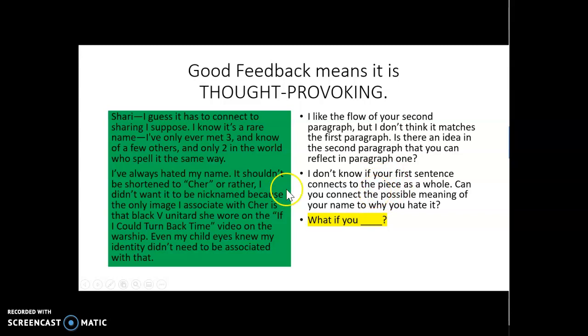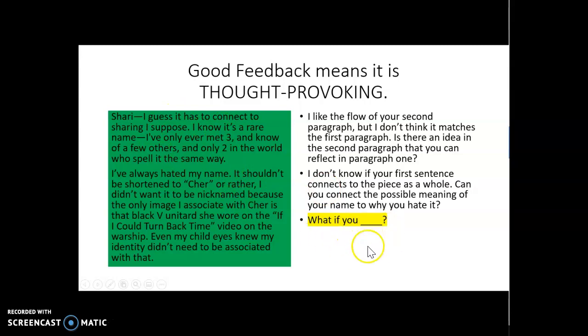The 2nd one talks about how this 1st sentence doesn't seem to match the rest of the piece. That's a really astute observation. They're totally right. It doesn't. That was my spit it out sentence. I didn't know how to start, so I just started somewhere. They gave me an idea of what I might be able to add, but I don't have to take that idea. But I should think about the fact that they may be right. My 1st sentence doesn't match the rest.